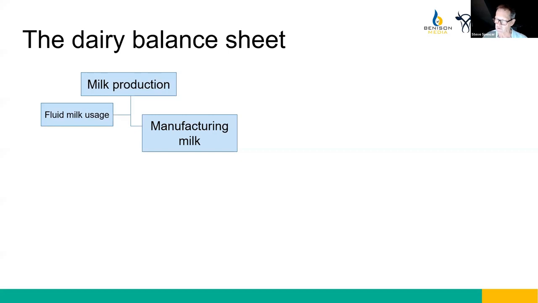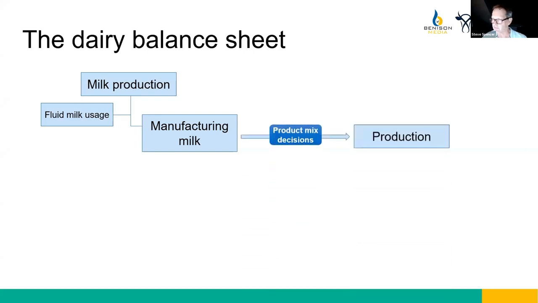And I want to quickly walk through the main issues when we look at analysis from our perspective. One of the biggest issues that manufacturers deal with is how to use their milk across a year. The product mix decisions they make across a number of commodity products are based on available capacity, the returns from different products, and the seasonality of milk flows and what time of year they're in, which give rise to the production of commodities that come from their business.